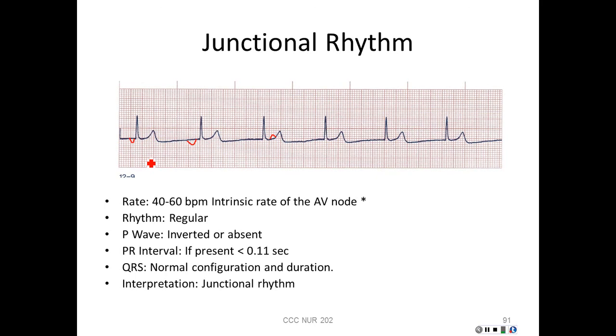Things that can cause a junctional rhythm can be an MI where the SA node is wiped out, especially inferior MIs. Some type of dysfunction of the SA node can be seen with digoxin toxicity, with acute rheumatic fever, and may occur after open heart surgery, especially if we're looking at valve surgeries. Again, a lot of times with those type surgeries, it may come back, but again, you've got to observe